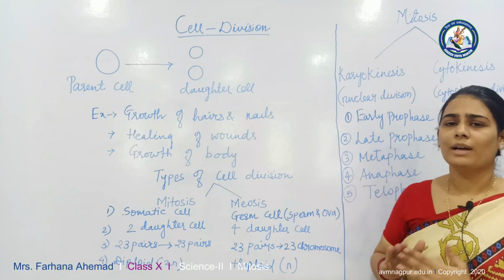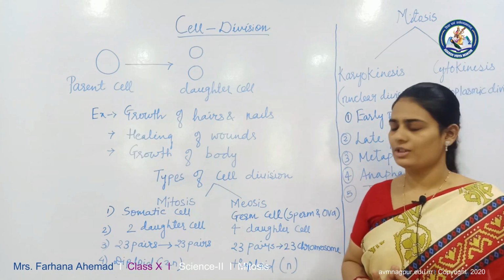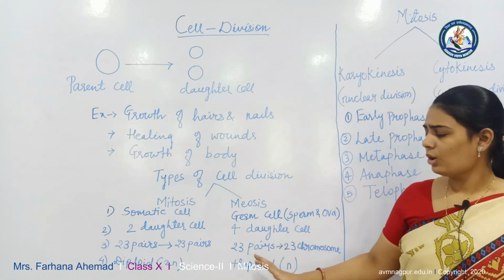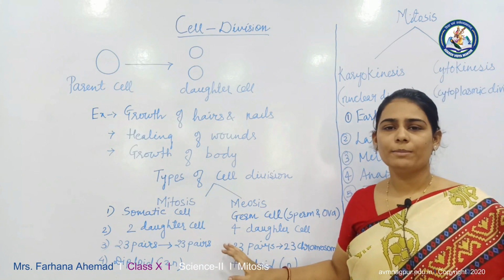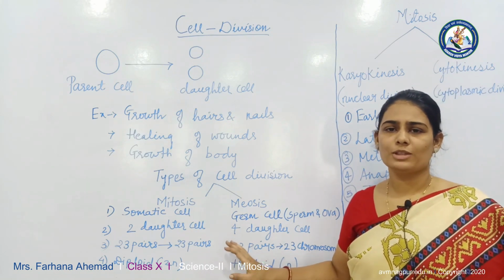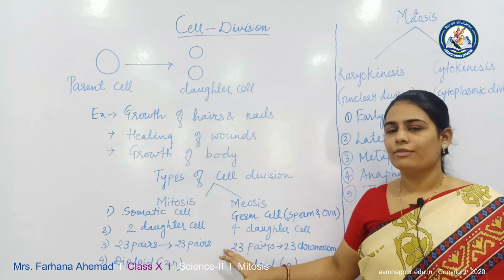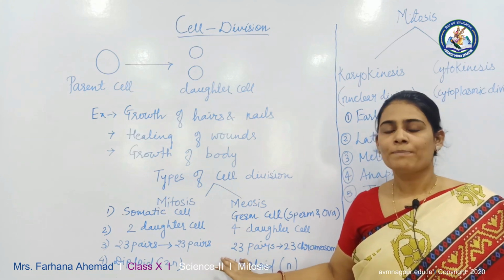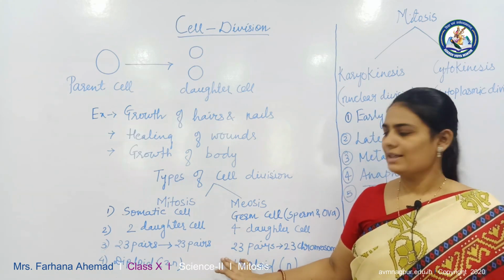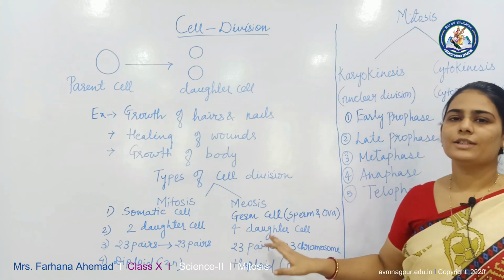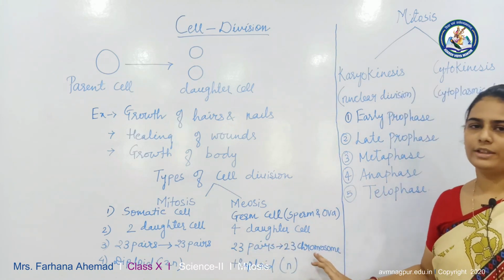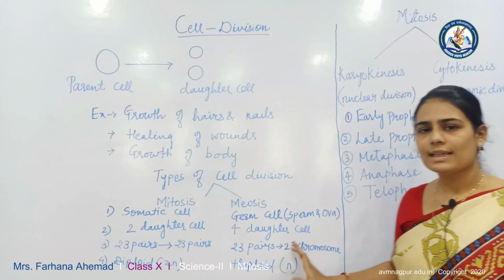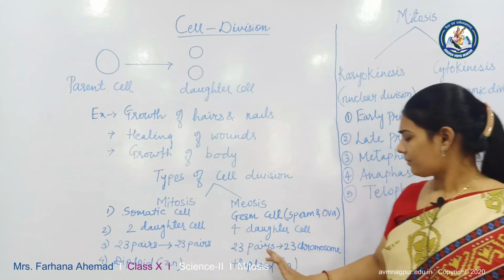That means in mitosis there is no reduction division. In meiosis, the 23 pairs of chromosomes which were present in the germ cell, after the formation of sperm and ova and daughter cells, divide and form only 23 chromosomes. That is, meiosis is a reduction division. Now the fourth